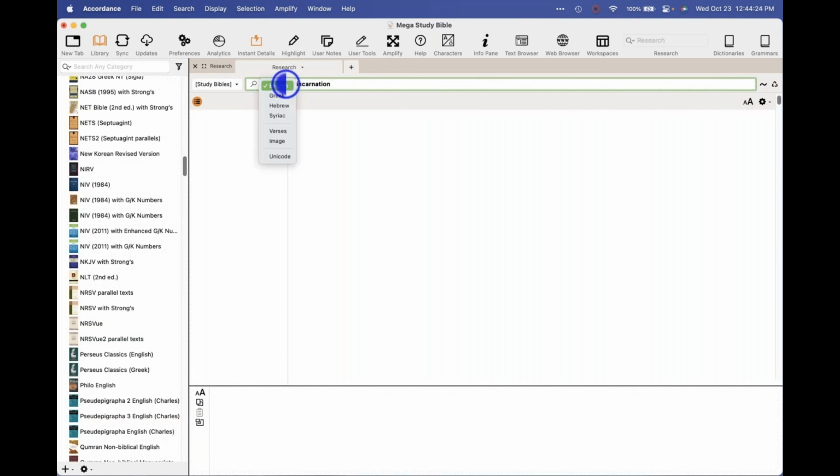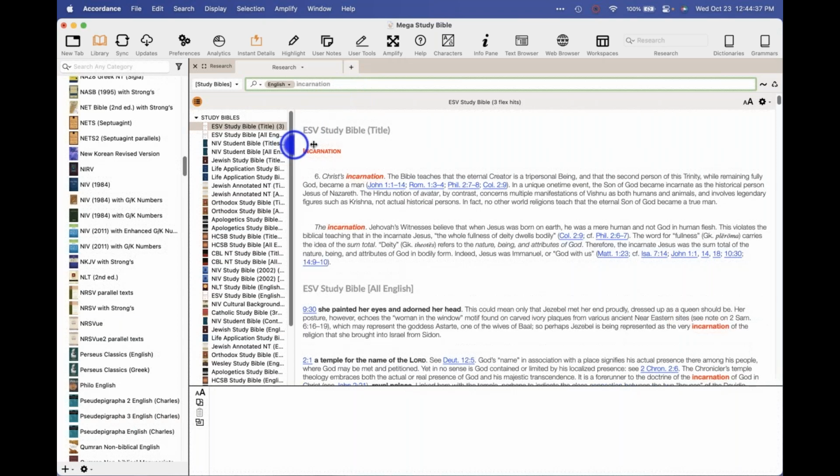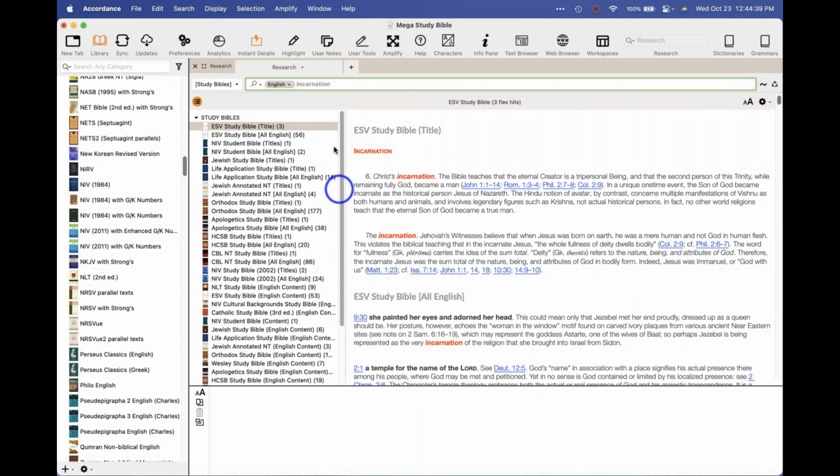Now, question 2.5 is, what kind of search is this? Well, it's just an English word. So now I'm going to hit enter. And it did the search like instantaneously. And now I've got some results here in the left sidebar. Now, this can be a lot to wade through, which is a good thing if you're trying to get information. It's got some of these study Bibles mentioned a few times, and that's because what it's doing is it's running